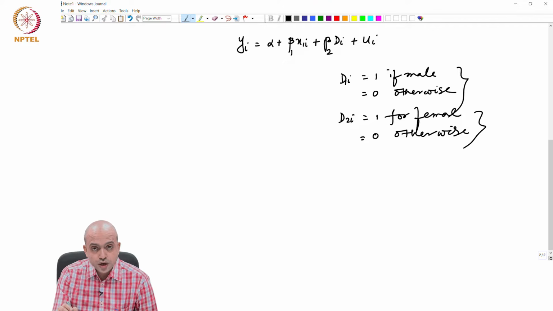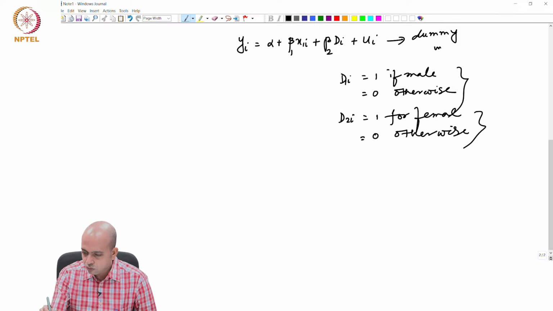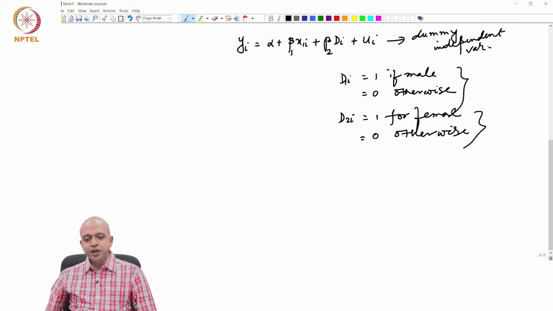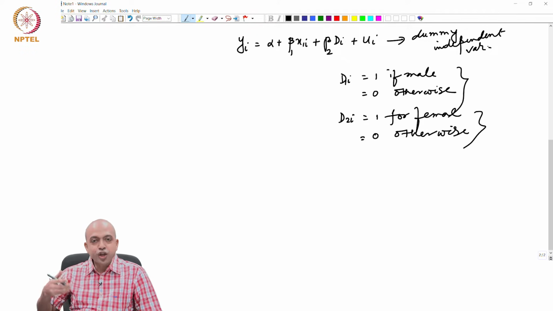So, this is called a dummy independent variable. That means some of your independent or explanatory variables are qualitative in nature,